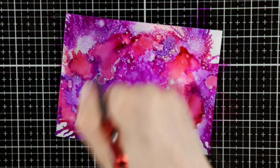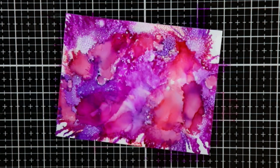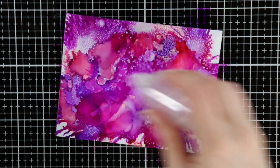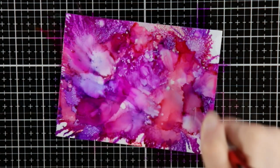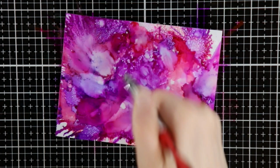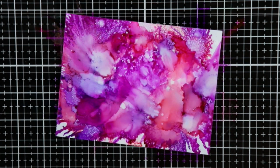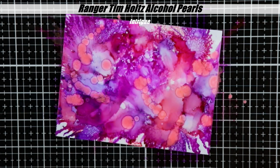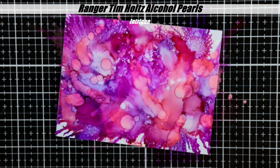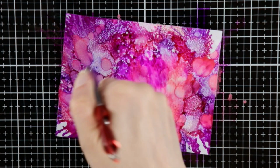You also see that I'm getting this weird, bubbly-like texture on my cards, and that is because I am using a mini mister full of rubbing alcohol. You can spray rubbing alcohol, you just do not want to spray the blending solution. The blending solution from Ranger has some sort of resins in it, and you do not want to inhale those. So I do spray the rubbing alcohol, and I actually use